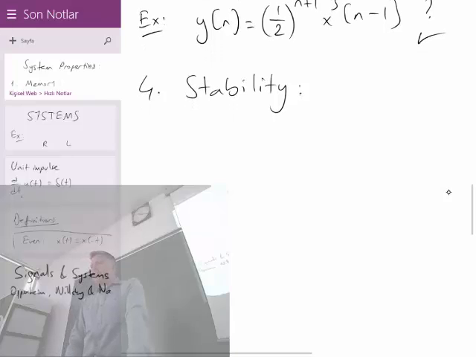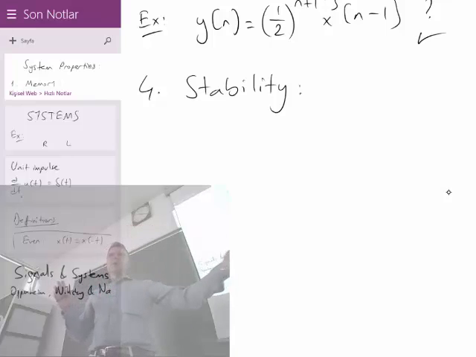A stable system, according to the definition, must behave like this. If the input is bounded, if you know an upper bound of the input, no matter how long a sequence or a function it is, it can be of infinite length, the output should also be bounded with a certain bound. That is the stability definition that we will use, which is also known as bounded input, bounded output